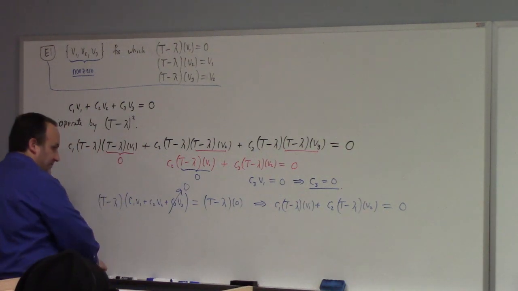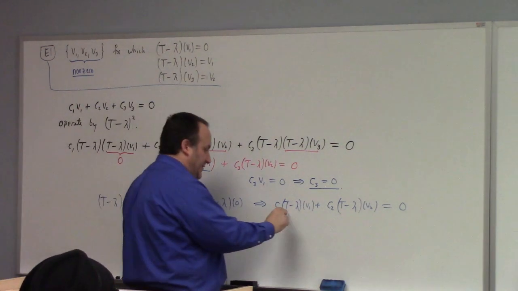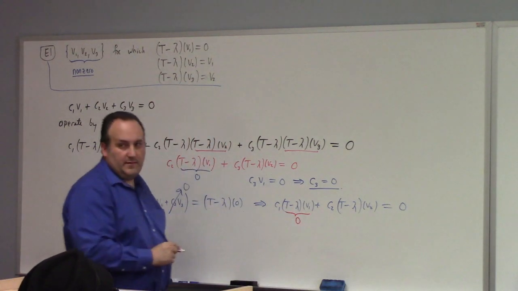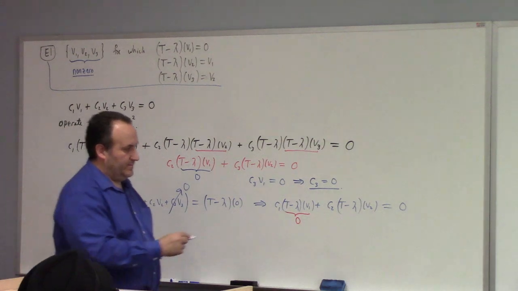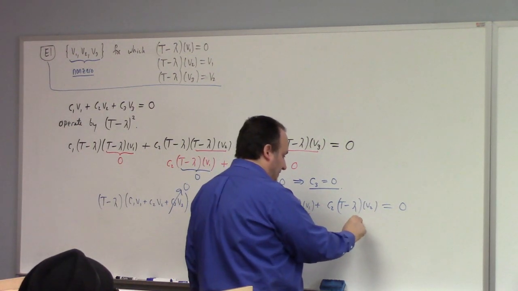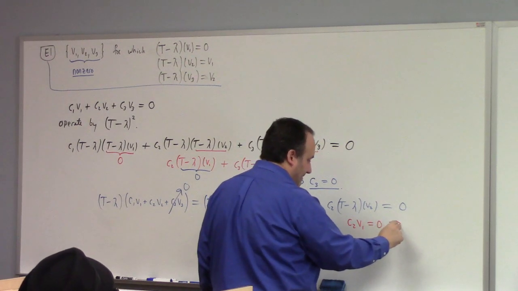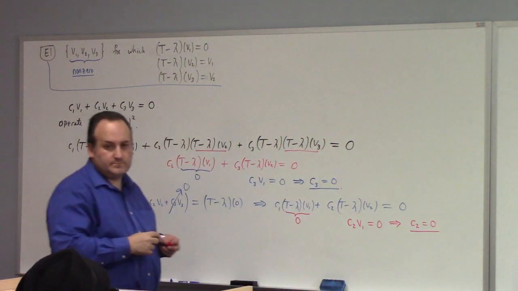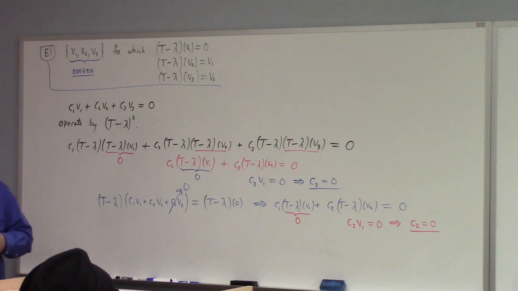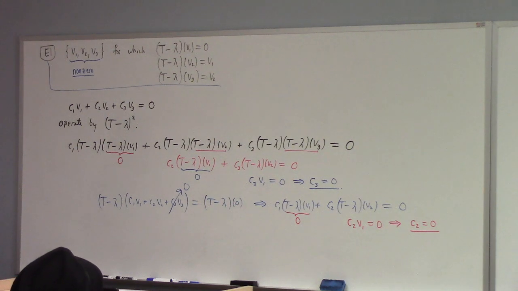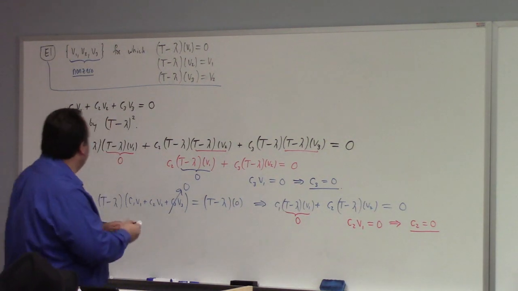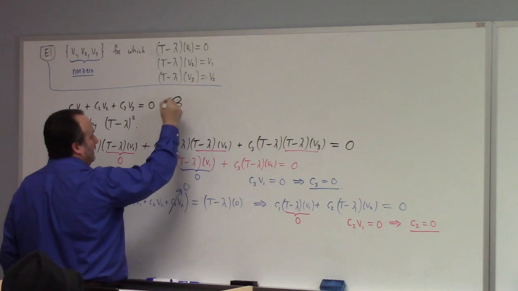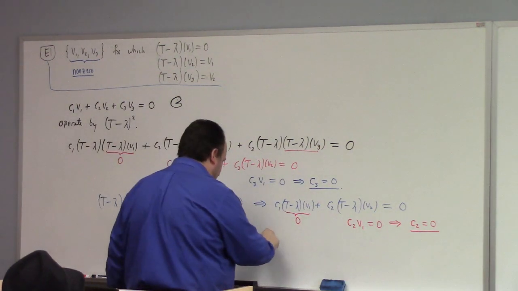But I think you guys know what's going to happen here. This is by assumption 0, and that is by assumption V1. So we get what? C2 V1 equal to 0, which tells me that C2 is equal to 0. Then you just plug them in and you get C1 V1 equals 0 and then C1 is 0. Now, if we give this thing a name, say Pac-Man, returning to Pac-Man,